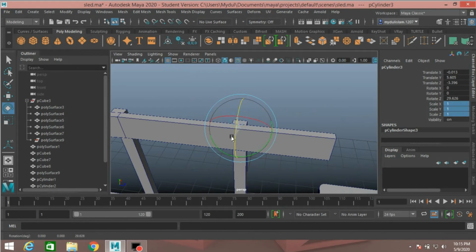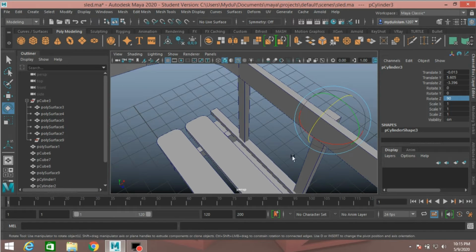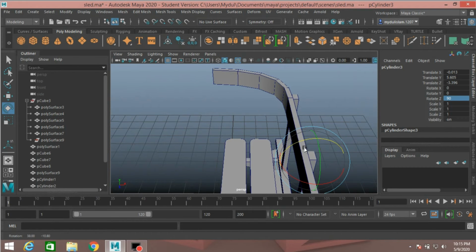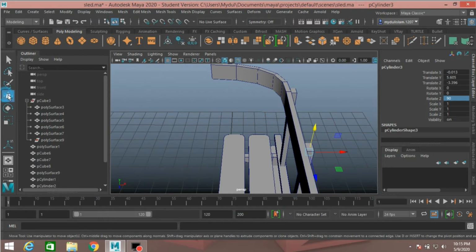Now rotate tool, rotate it along y-axis type 90. Move tool, move just here.